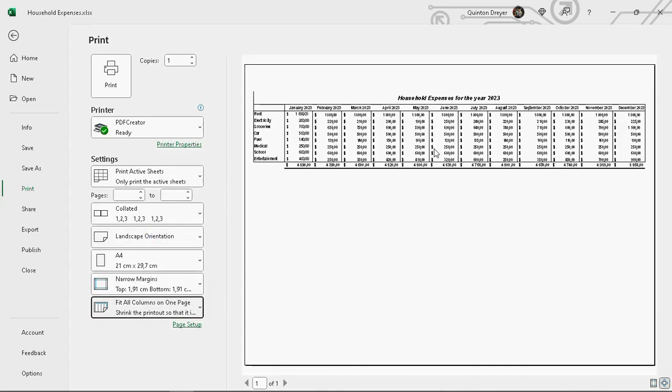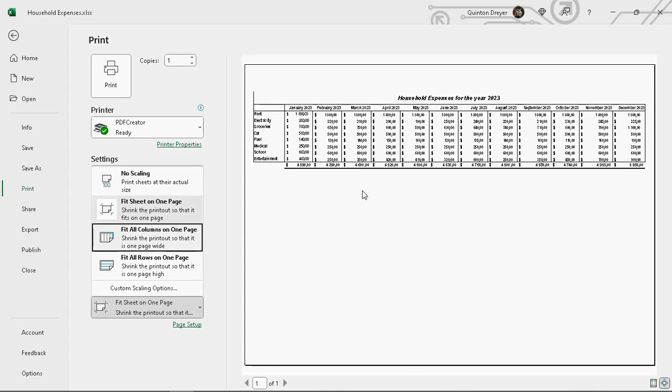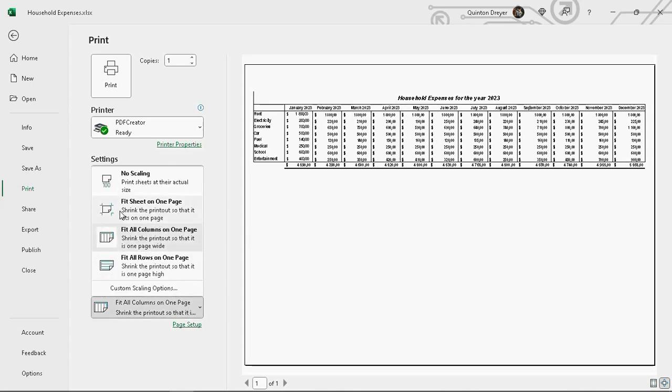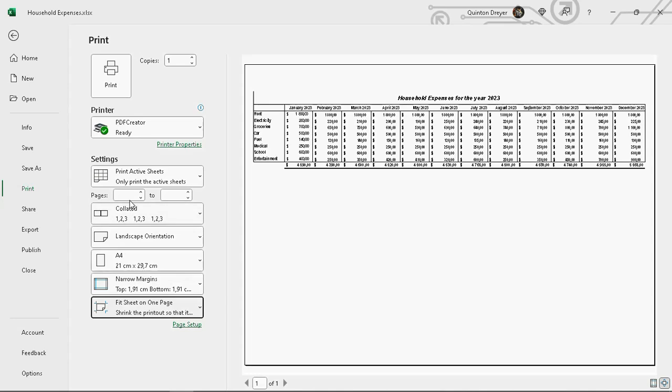all the columns. As you can see, fit all the columns and fit the sheet shows you the exact same thing. This is purely because there's not enough rows to carry on over to a next page. If you were to have 200 or 300 rows, then the best option would be to fit the columns in one page so that the text is still readable. So we'll just use fit sheet on one page, and then you can print it onto a paper with your